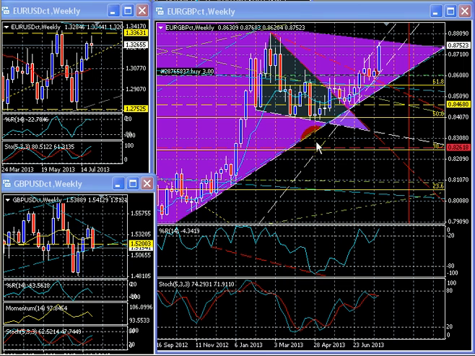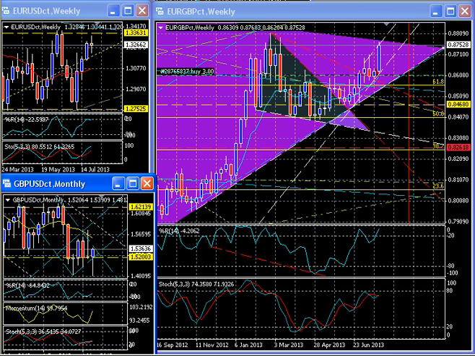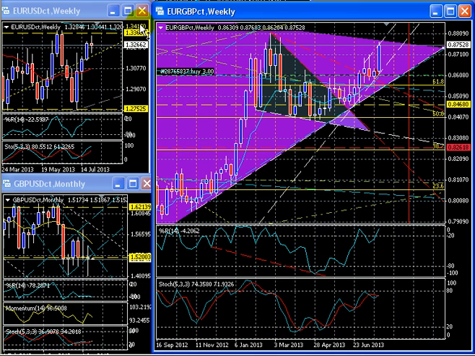As you could see, this particular trend line support has been very strong, especially every time it reaches the 0.8468 level, which is indicated here on the yellow line, and looking at it more encouragingly with the monthly